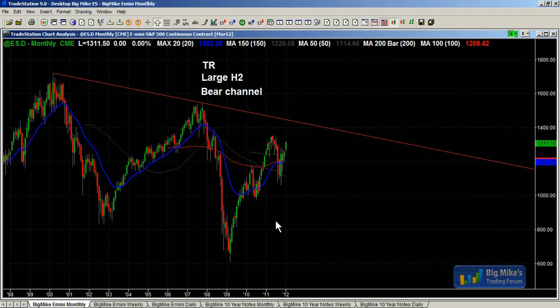They have many attempts to break out of the downside. 80% of the attempts fail. And they have many attempts to break out of the upside, and 80% of those attempts fail. And on the monthly charts of the stock indices and the E-mini futures, it's just a trading range. We're racing toward the top, but it's simply racing toward the top of a trading range. This could also be viewed as a large bear channel. We're making lower lows and lower highs, so we're still within a bear channel.